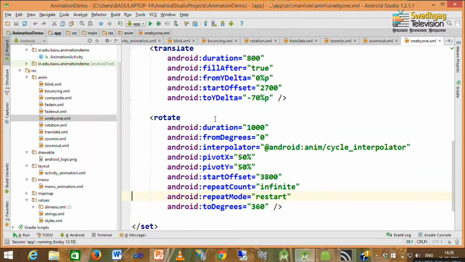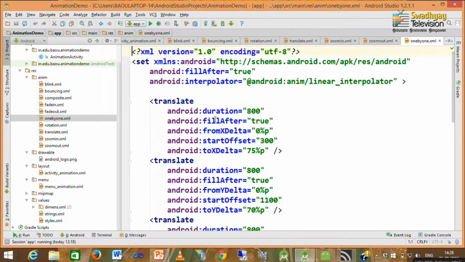Now, what you have to remember is here we specify duration. So, duration for the first animation is 800 milliseconds and its start offset is 300.